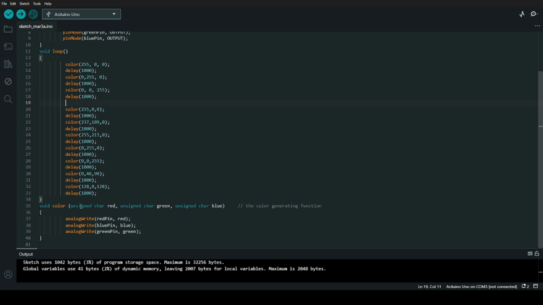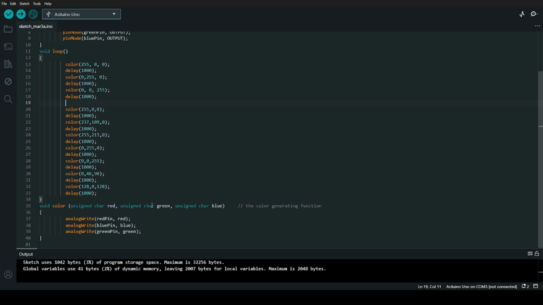This is the actual work of changing the LED color, which would be void color, unsigned char red, unsigned char green, unsigned char blue.